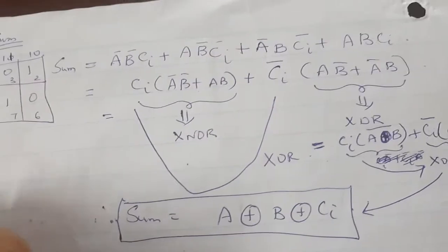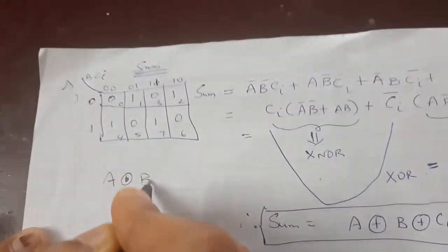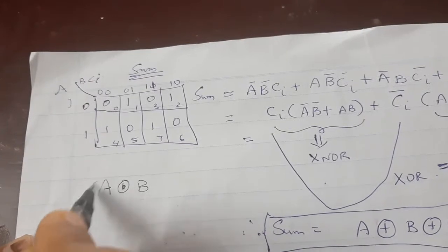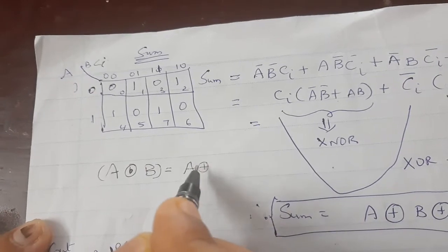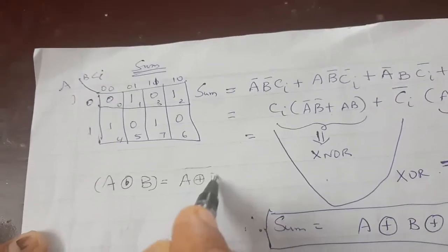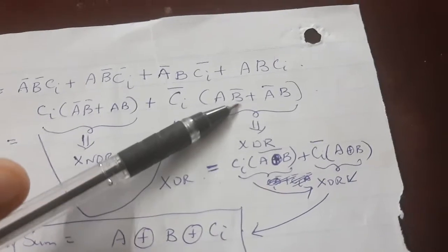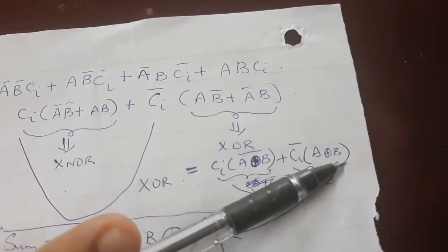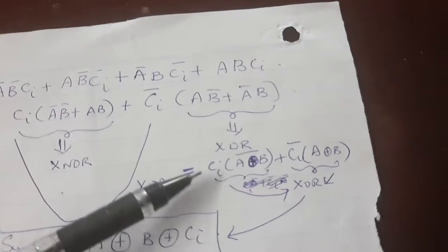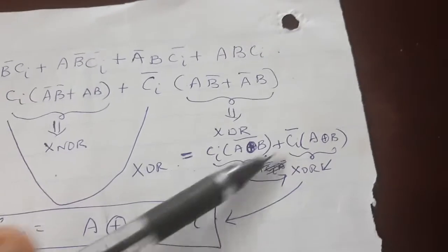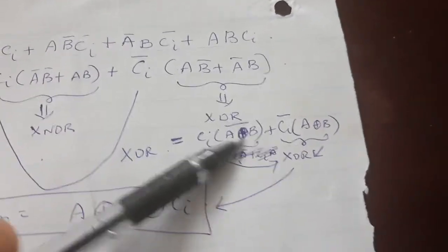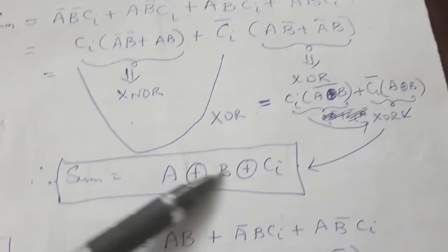That can be written in terms of exclusive OR gate by taking the complement. This is the exclusive NOR gate. If I want to convert to exclusive OR gate, I am using De Morgan's principle, so this symbol will be opposite. I'll take a whole complement. So XNOR is converted into XOR, and this is XOR already, therefore A XOR B. Now again look into the expression. This is Cin. This is Cin bar. Therefore complement.